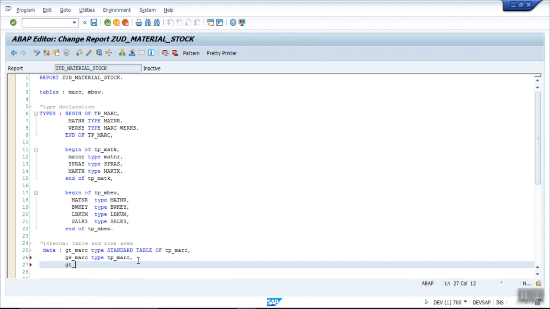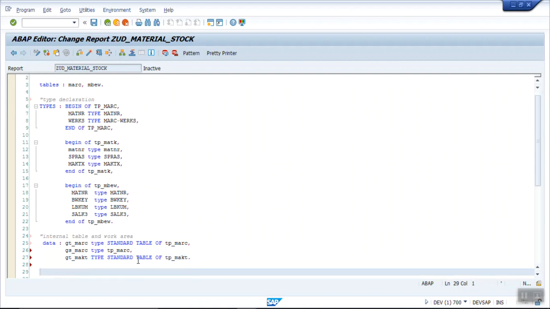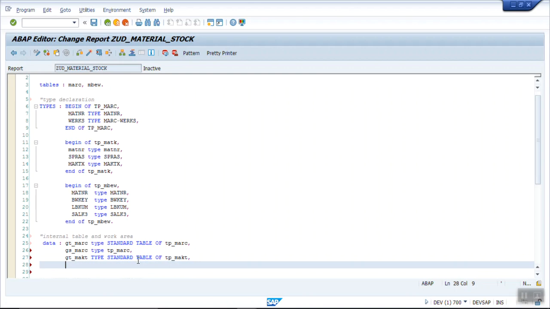Similarly, I will type GT_MAKT, type standard table of TP_MAKT. GS_MAKT, that is the work area, type TP_MAKT.